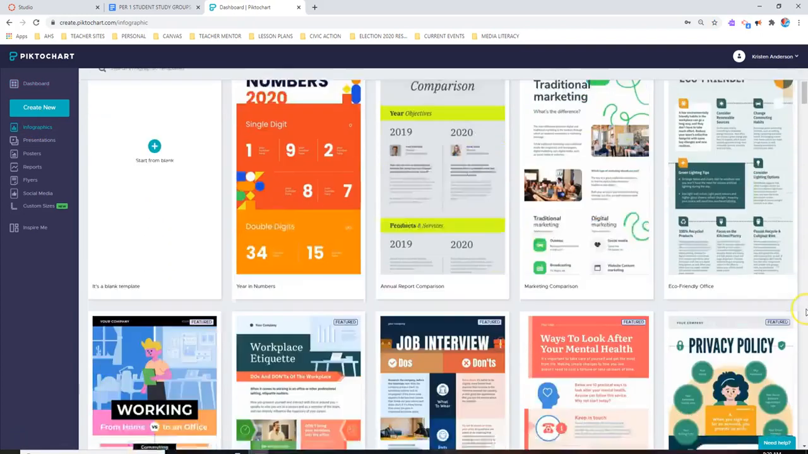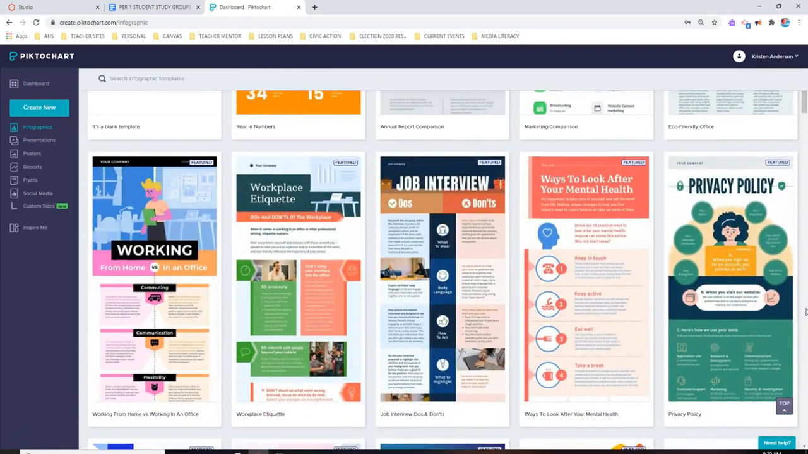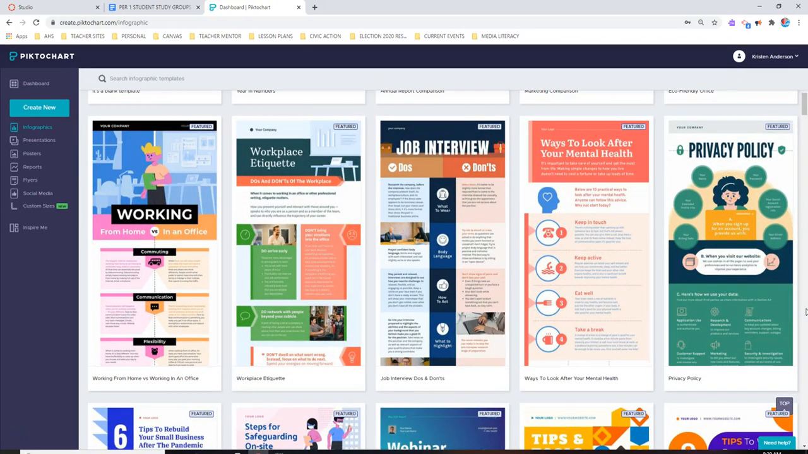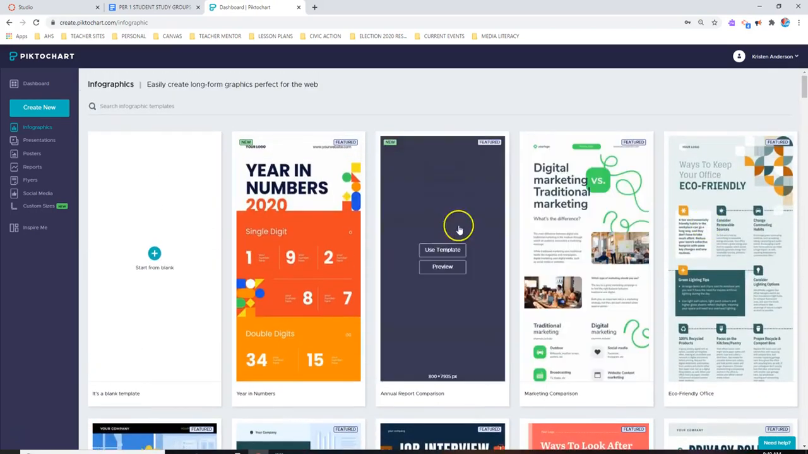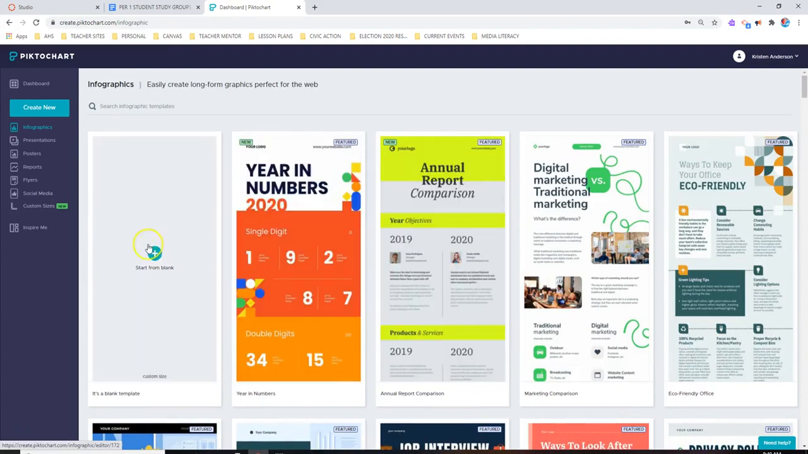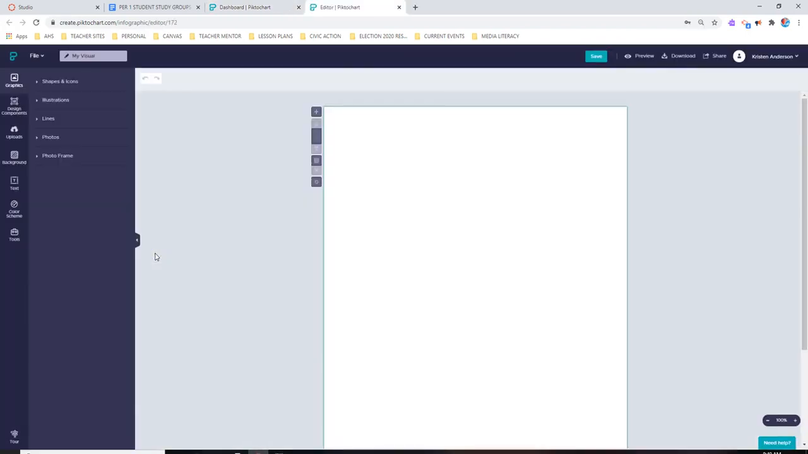You will see that there are several different pre-made templates that you can choose from. Choose one that perhaps is most appropriate with your style and civic action issue, and you can simply hit use template and edit. I actually like to start from blank. I think having a blank project is actually easier because I can tailor the infographic specifically to meet the requirements